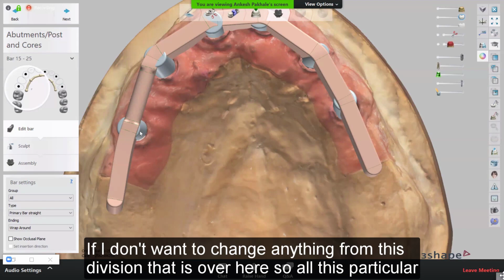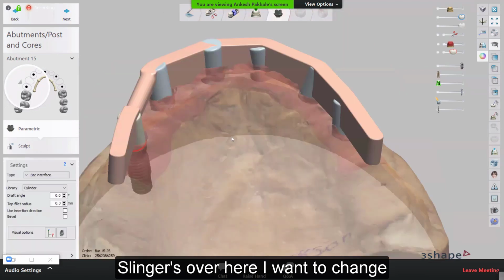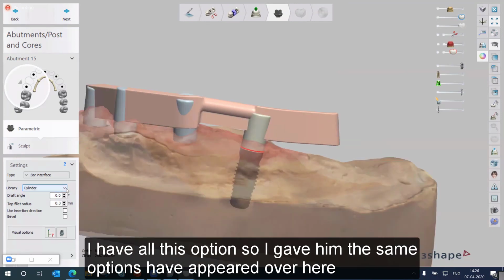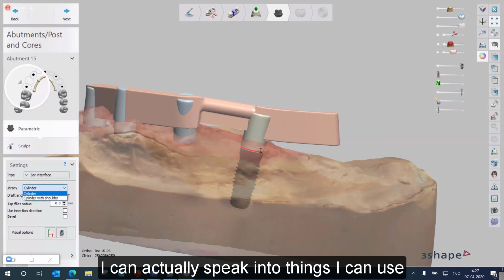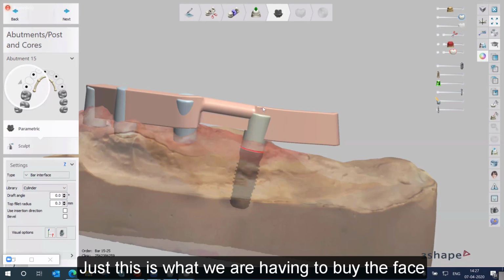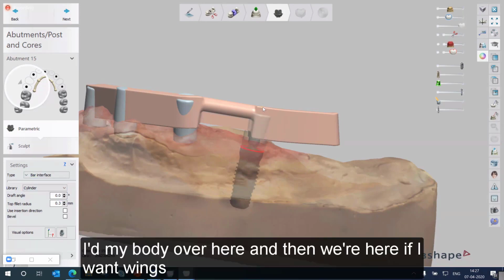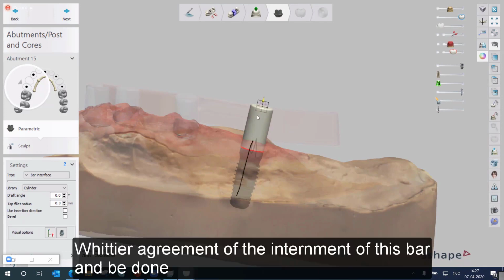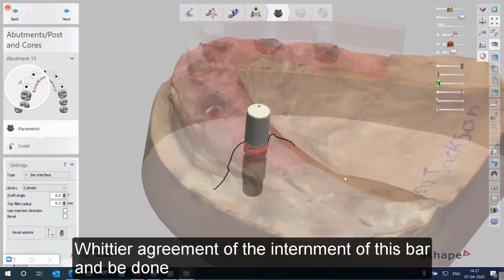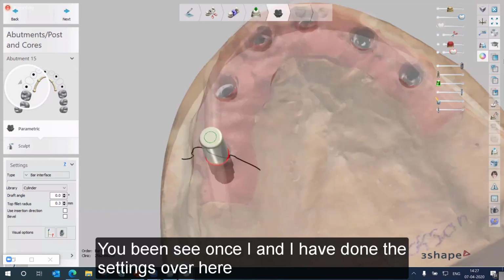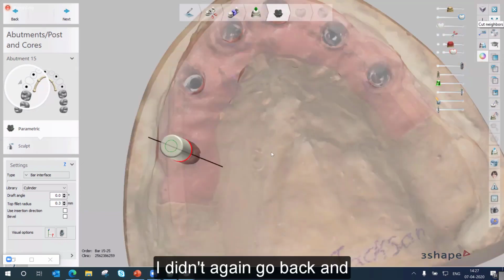Now, if I want to change anything from this division, that is parametric shapes, for these particular cylinders I want to change, I have all these options. Again, the same options have appeared over here. We choose to come into customize abutment or the screw and crown. I can switch between whether I want to use the cylinder with shoulders or just a cylinder. This is what we have in the bar interface. If I hide my bar over here and want to increase the height, I can increase it, and the increment of this bar can be done. Once I have done these settings, I can again go back and